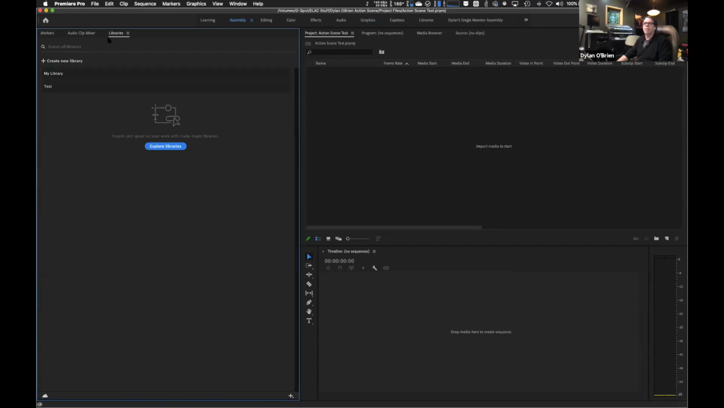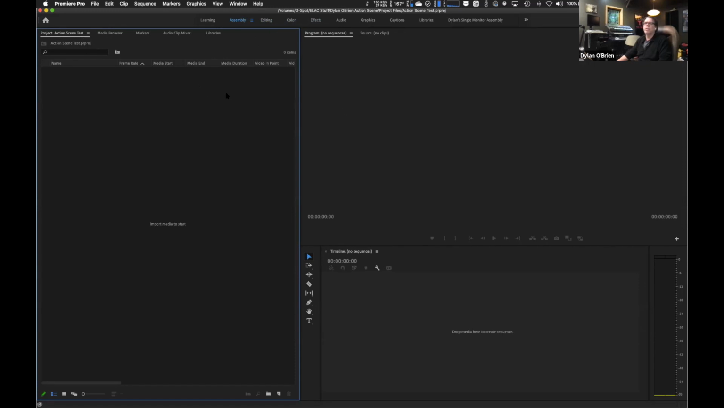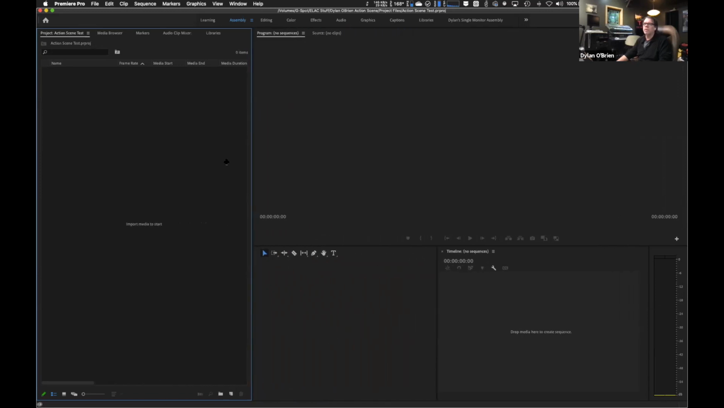So here I've got libraries. Well, we don't really care about that. I've got these tabs here. I've got audio clip mixer and I've got markers, all this stuff. Actually, that's kind of wrong. Let me reset this. There we go. Much better. So this is all interchangeable and rescalable, so if I wanted to change how stuff looks,